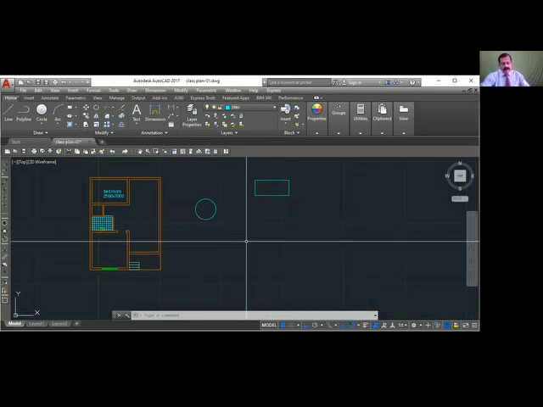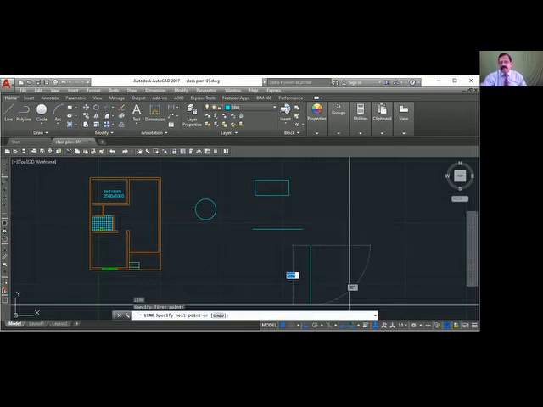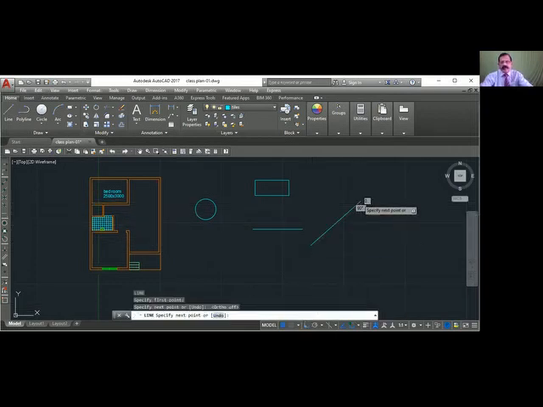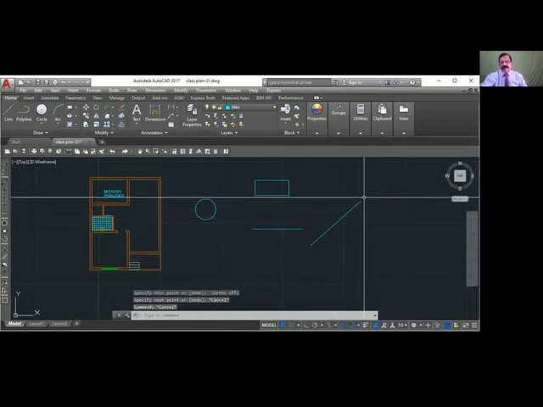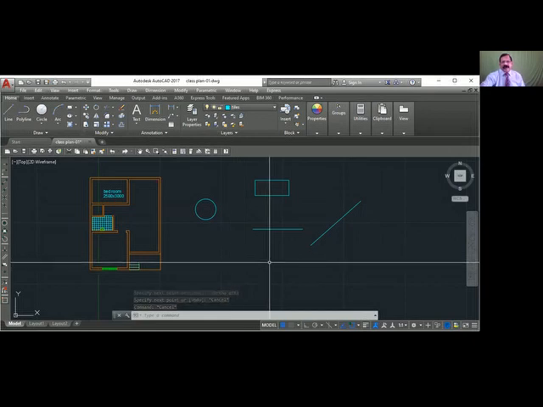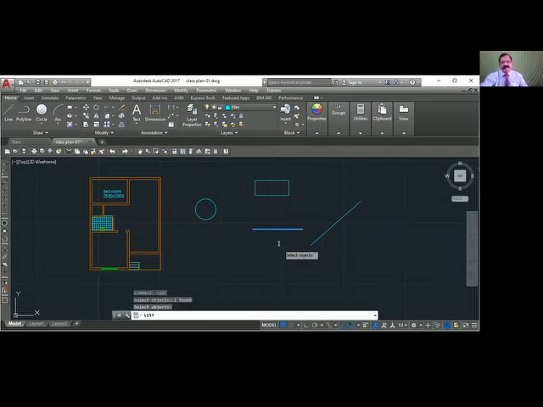Okay, I have a line here. I want to find the length of this line. One way is to use distance. But if you have an angular line, there also you can use endpoint. I can use another command called list, L-I-S-T, to find the details of an object. So when I say list and click a line, enter, it shows me,